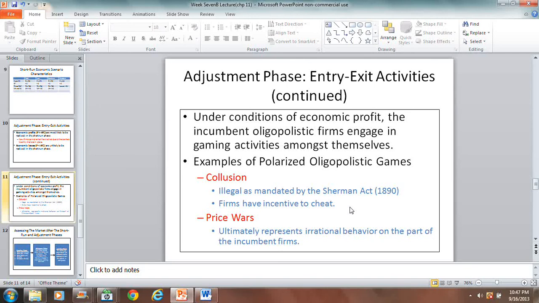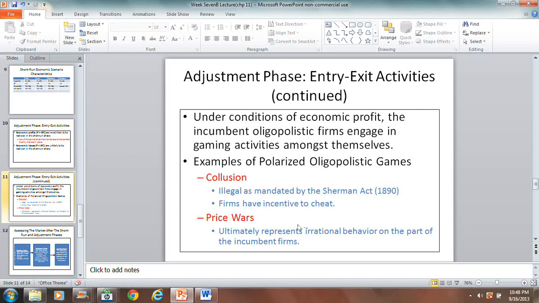And so that inability of price to always generate sufficient revenue could give firms an incentive to cheat. And so that incentive to cheat, where one or more of the firms violates the collusive agreement, tends to make collusion a very unstable proposition. So when you study collusion, it's not a game that we can expect to be successful over the long run, because it's illegal and firms have an incentive to cheat, which makes the collusive arrangement implode. So at that extreme, firms work together.